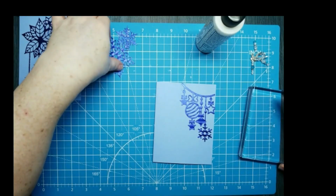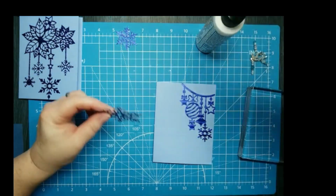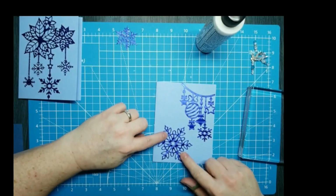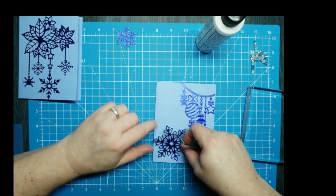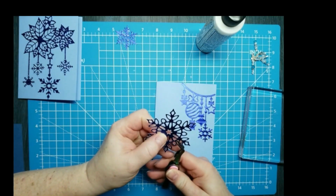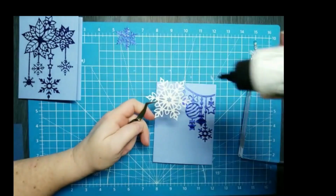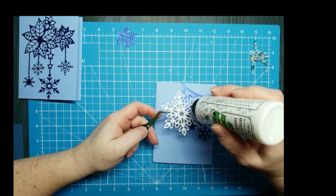But all right, so let's try and tack down our snowflakes here. I'm going to grab my tweezers. I want this one kind of right here, I think. And so let's see if we can grab right there. Yep, see, there it goes again. It's almost like it's